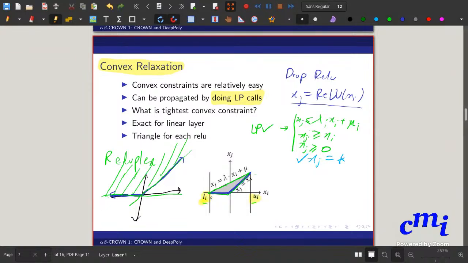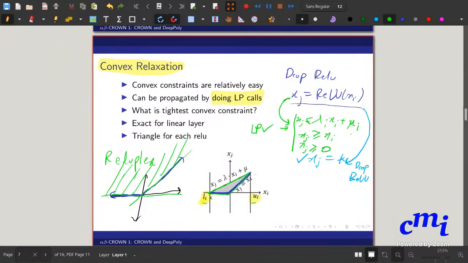But let's say that somehow we obtain these lower and upper bounds, and then you use that analysis to come up with this triangle region, and then use that to replace this ReLU constraint, right? You know what ReLUplex was doing was that it would have started with this and replaced this. So this was the drop ReLU step for ReLUplex. Instead, what a lot of solvers do is that they start with this and replace it with this, right? So instead of dropping ReLU,